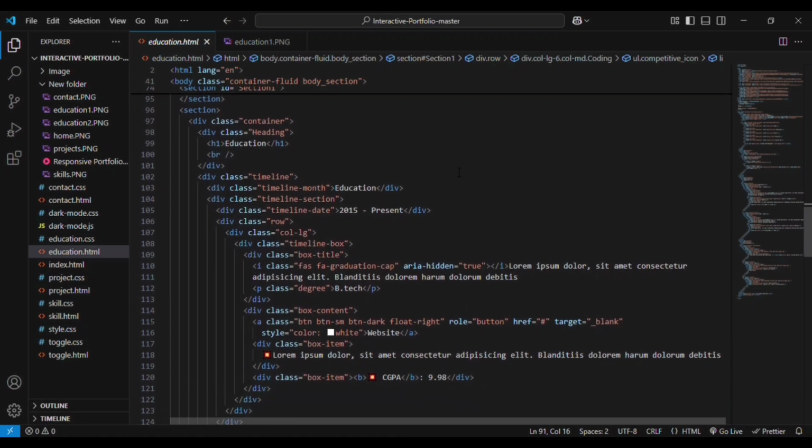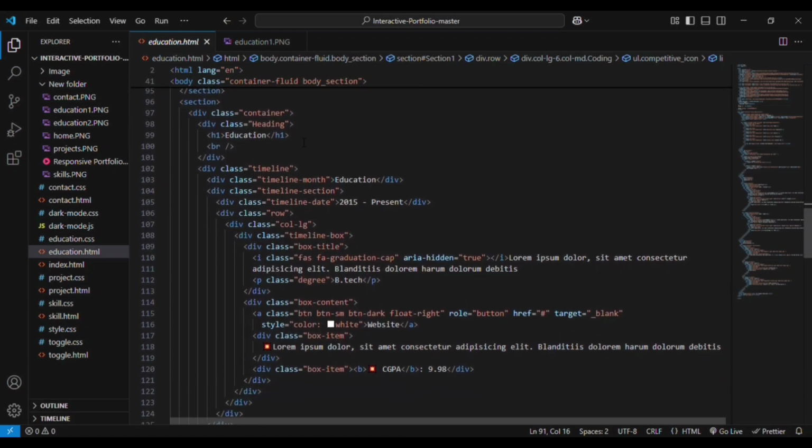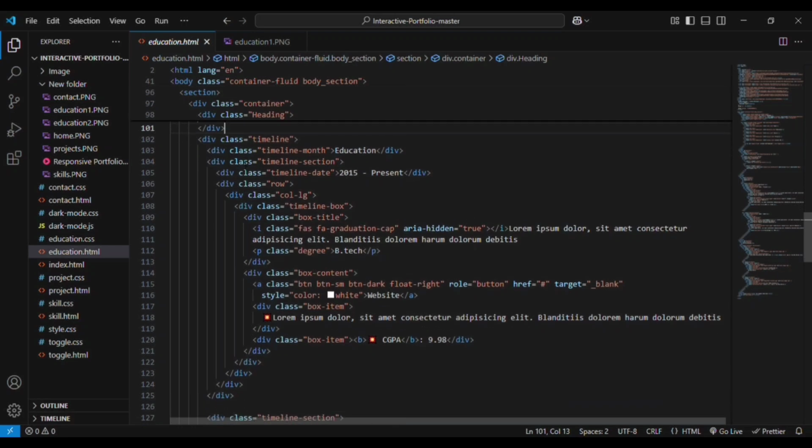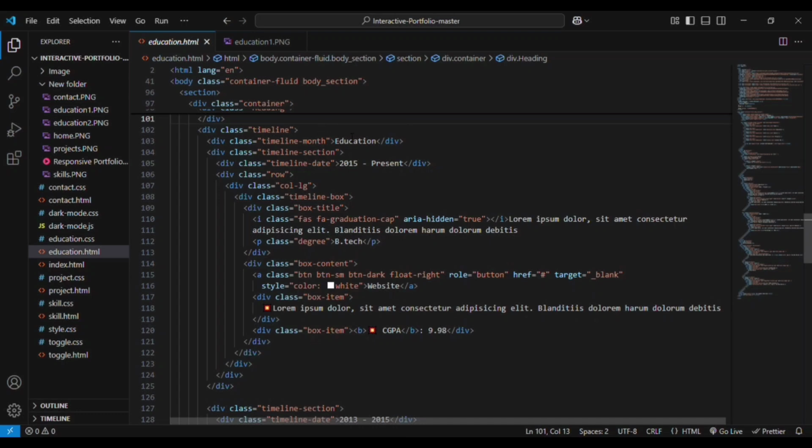In that, the first section we are adding is the learning section. We are using the H1 tag for this section. We are creating a timeline, so we are creating a div for timeline month and the timeline date. We have the timeline row. In the timeline row we are having the timeline box title, and we are using the alt tag. We are adding the icon as well as using the icon tag. We are adding the 12th degree and